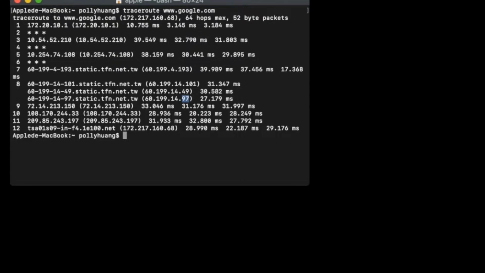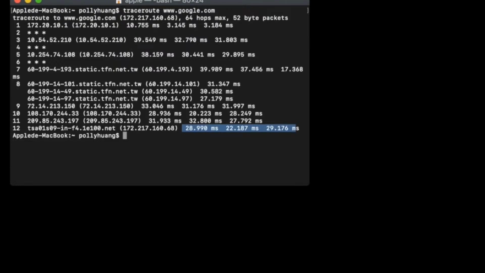Also, you see, hey, the time it takes to reach hop 5 is 30 milliseconds, but the time it takes to reach hop 12 is only 20-something milliseconds. So the load of the internet also changes over time. Sometimes when you are probing a closer router, it could take a longer time because it was busier there. But when the traffic load drops and you're probing a router that is farther away, you could get a shorter round-trip delay. Yeah, very curious.